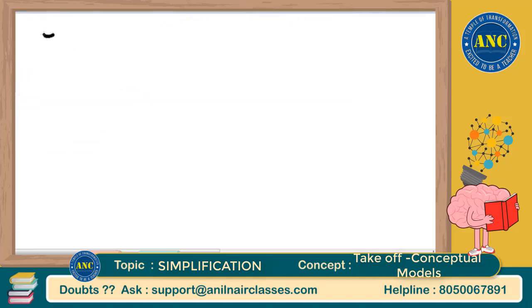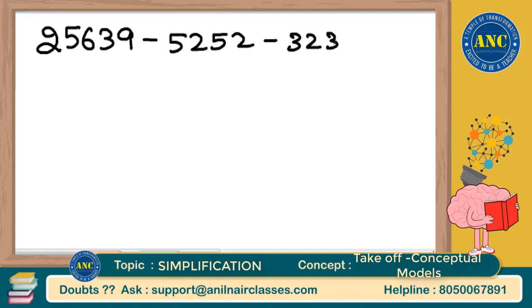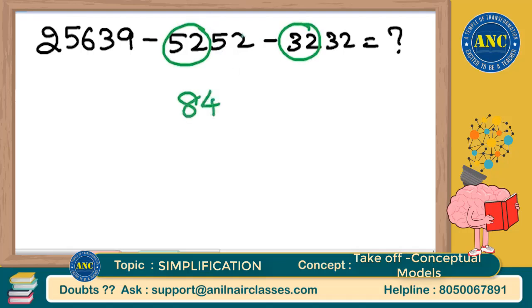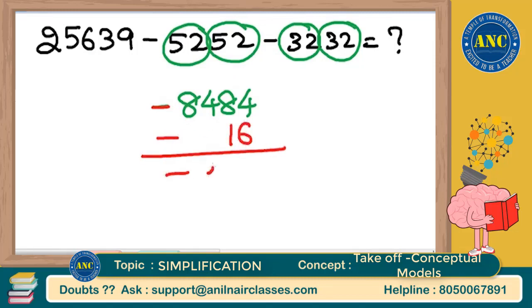Another question of this model, 25639 minus 5252 minus 3232. This is equal to question mark. Now don't worry about this 5252, 3232. 52 and 32 is 84. Again 52 and 32 is 84 with a negative sign. Now I have 8484, but I want to make it a fancy number, 8500. Add 16 so that it becomes 8500 with a negative sign. Add 16 here, add 16 here, so that this number is